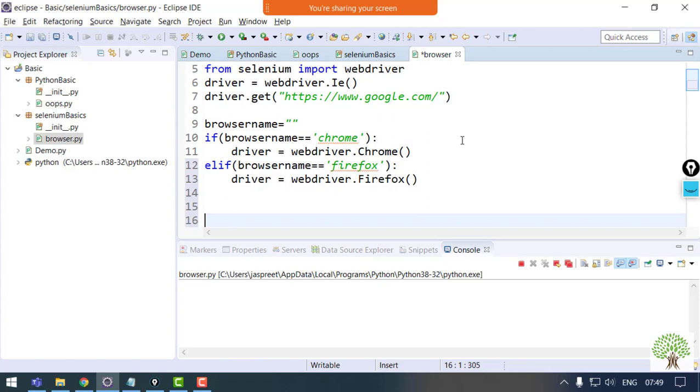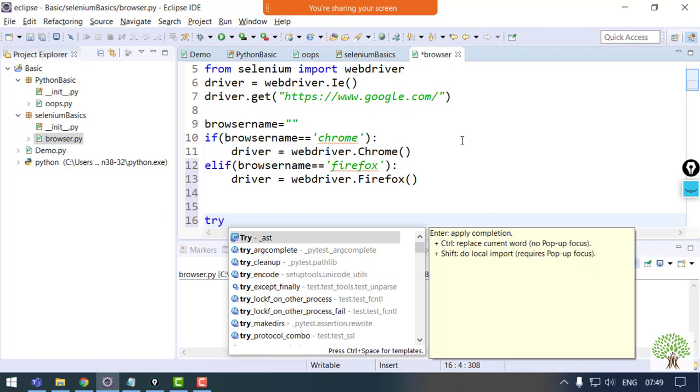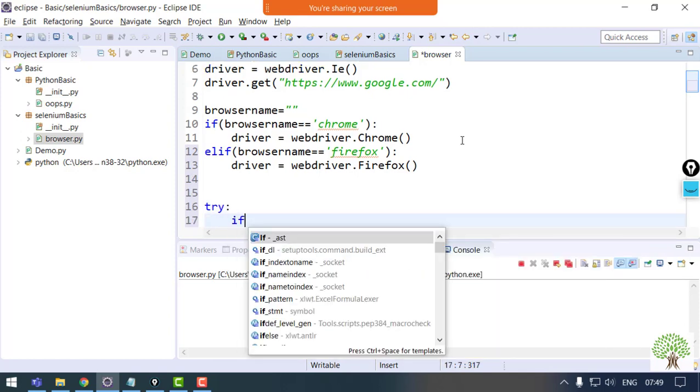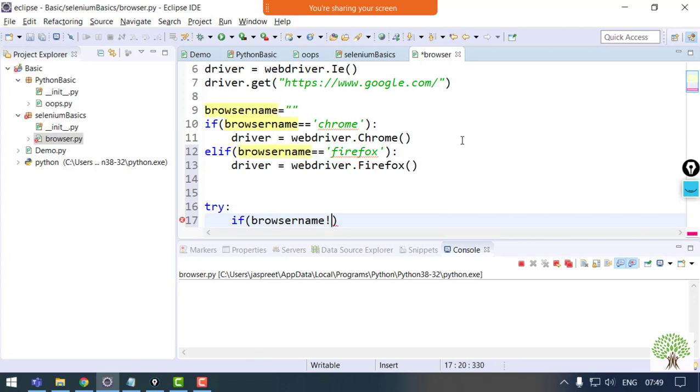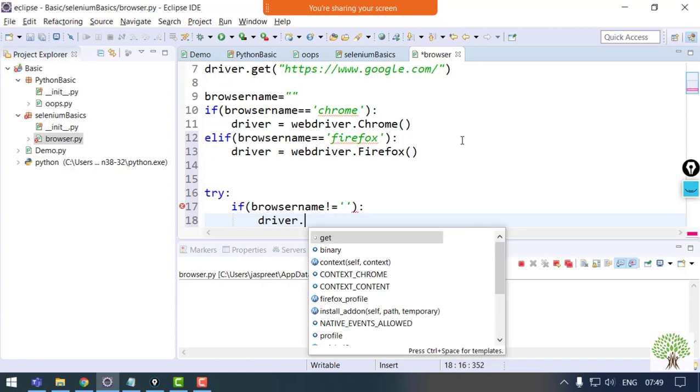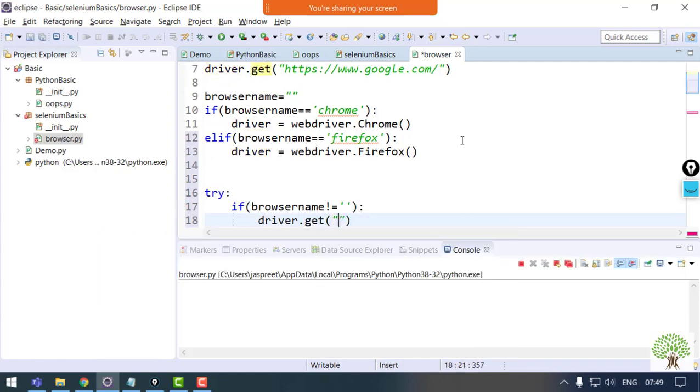I have not given any script till now; I am just opening the browser. To avoid any unnecessary error like the driver is not defined, you can keep it in a try catch block, and say if my browser name is not equal to null, not blank, then perform the action driver.get URL, whichever you want.